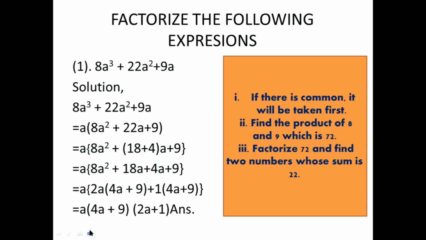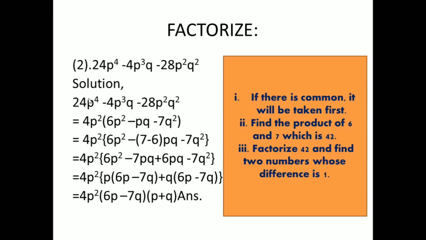Now the next question, example number 2, is like this. In this question also, first of all, there is a common factor. 4p square is common in all, so take 4p square common. 6p square is left because 4 sixes are 24, and pq is left, and here 4 sevens are 28, so 7 is left, and q square, since p square has already been taken common. Now here is minus 1. Because 6 and minus 7 make minus 42, a negative comes.